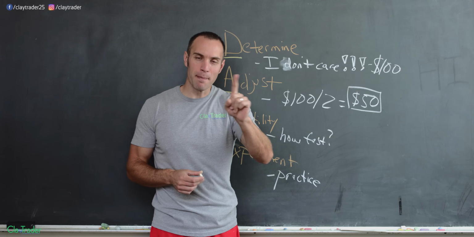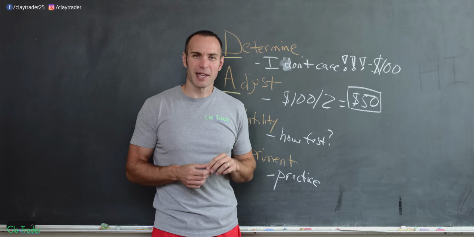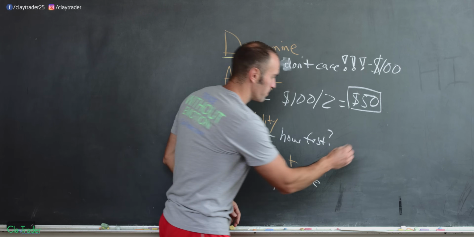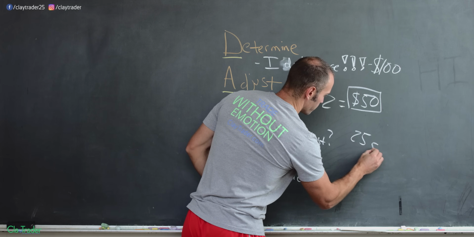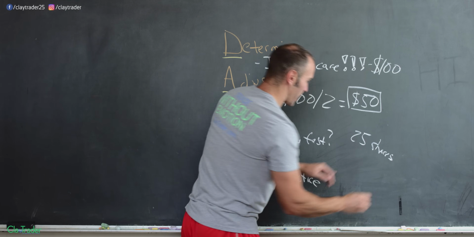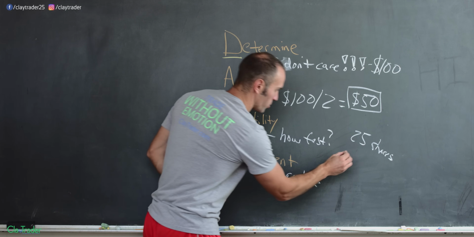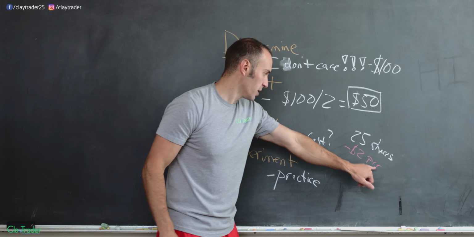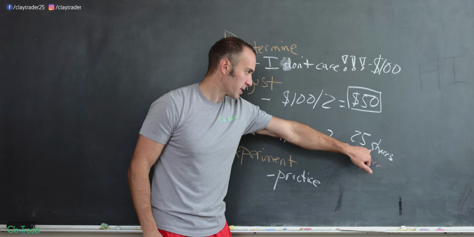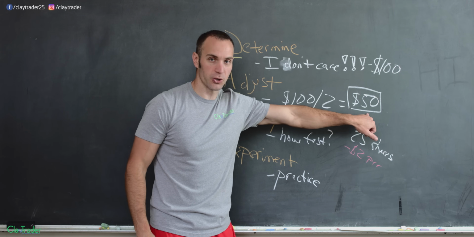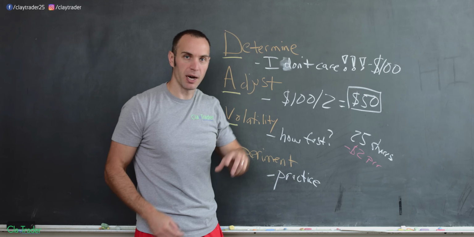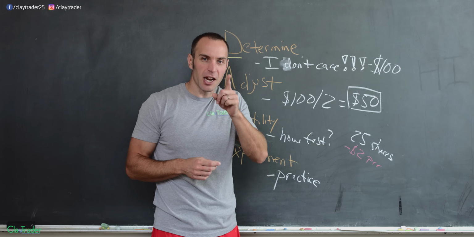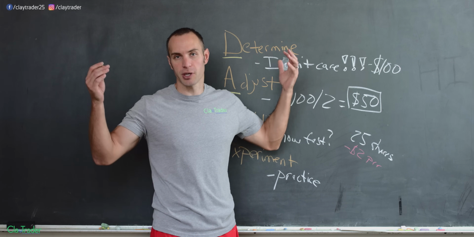So if you caught my error, leave me down in the comment section. Some of you are saying, wait, you're talking about 2 shares. No, I'm sorry. So again, 25 shares. And if, like I said, you think your risk is you could lose $2 per share, well then $2 per share times 25 shares gets you the $50. So again, I apologize for my mathematical error there. I could be clever and say I did it on purpose to see who was paying attention, but no, I just totally screwed that up.